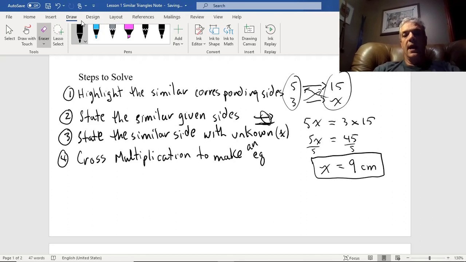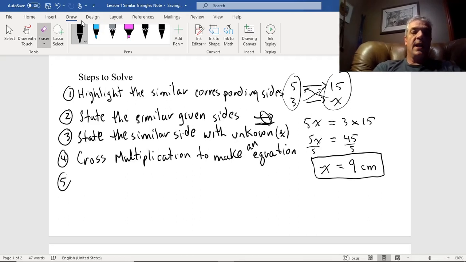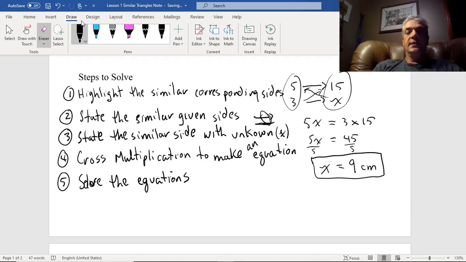I'm missing the word "and" in the equation. And then finally, we can solve that equation. So there's a whole series of steps that are going on here, but that is essentially the